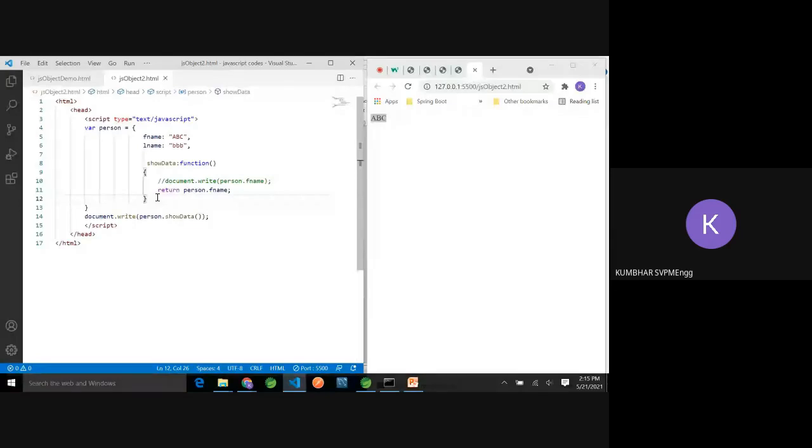Tell me any confusion in defining the objects. Many times you will come across objects that have only attributes, not functions. But obviously you must know how to define variables and functions. Just notice one difference. A general function we write with the function keyword and then the name of the function and parameters. But when you are defining functions within the object, you have to write the name of the function, colon, and mention that this is a function.